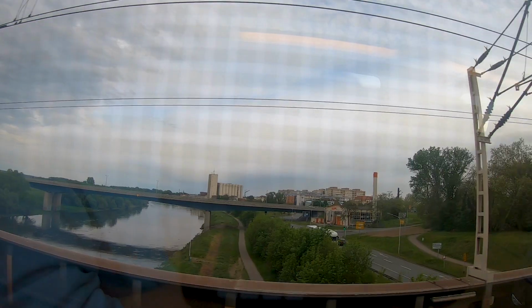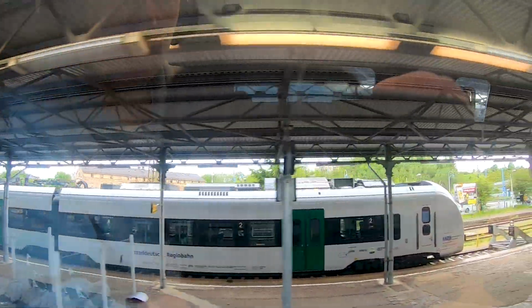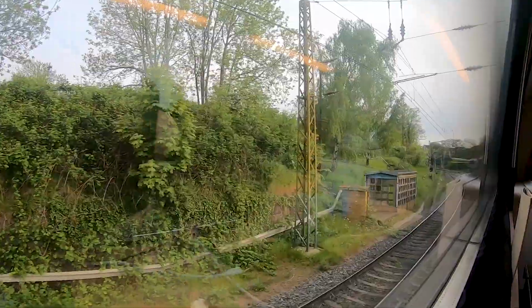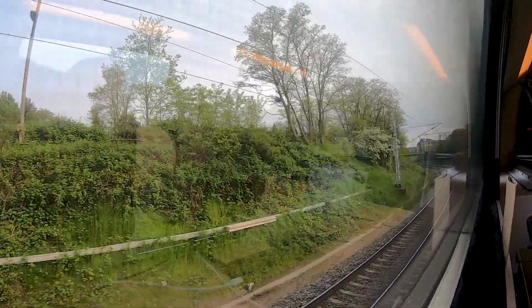in this case we actually arrived 16 minutes ahead of schedule in Riesa, like a quarter of an hour earlier than planned. So that was quite surprising, especially if you are traveling with Deutsche Bahn a lot. You know that it's usually the other way around, that you're 15 minutes late, but it never happened to me that I arrived at the station 15 minutes ahead of schedule. But it was quite nice, so we had a longer break and left Riesa on time, heading now on the